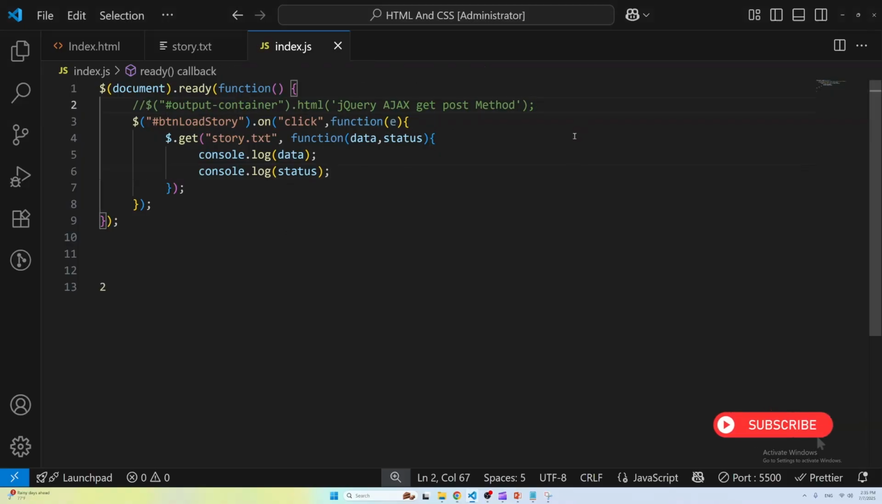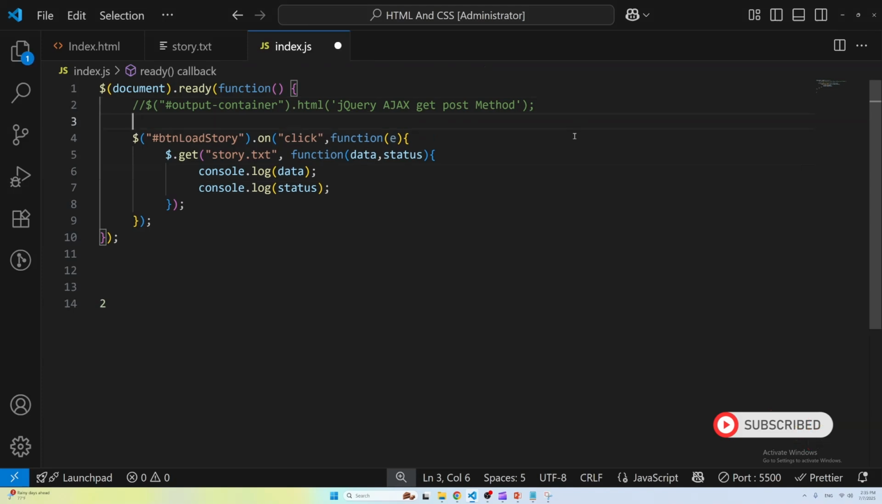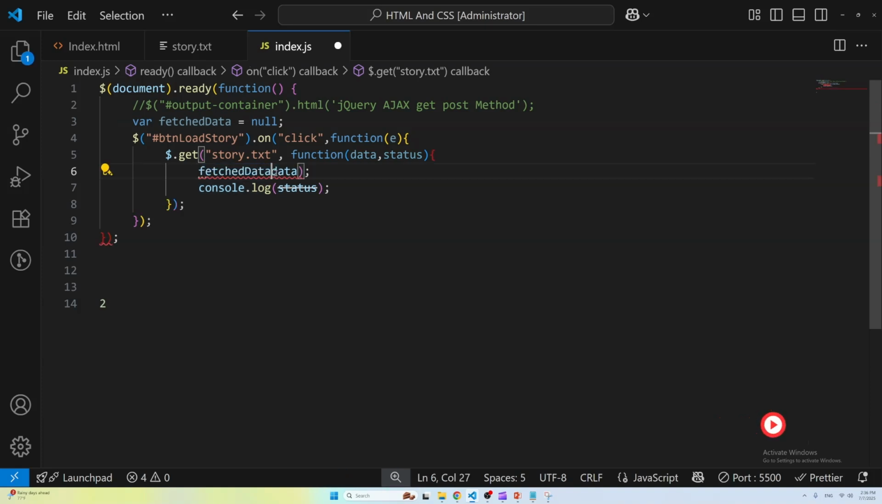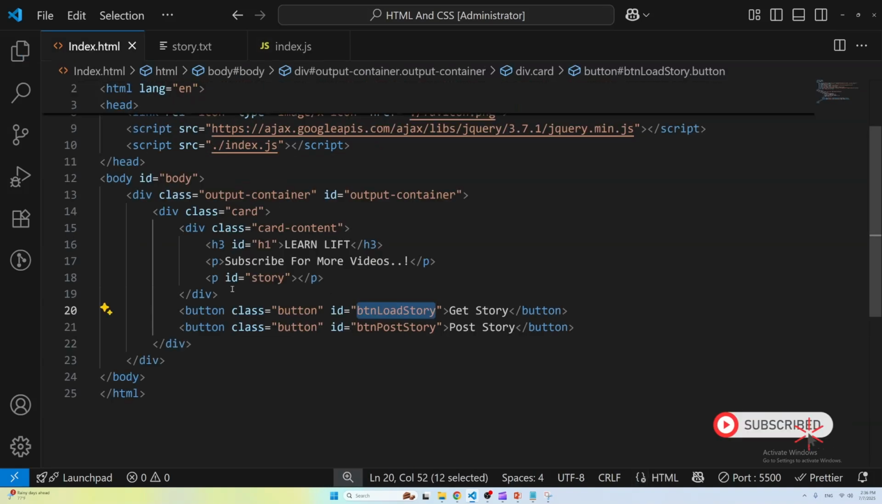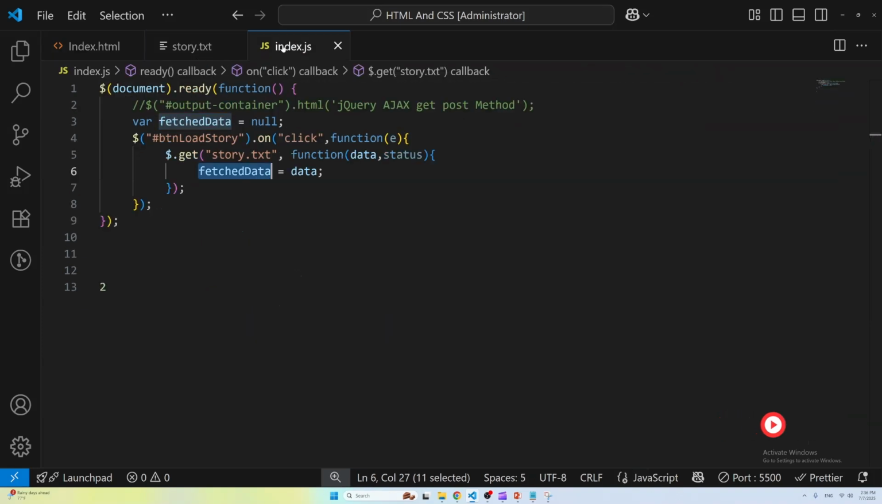So now in order to post some data, we need to post the same data. So I'm creating a variable over here, just renaming it fetch data and instantiating it using null value, and then I'm just assigning this data to it, right? And then once the data has been assigned to this variable, we need to take the instance of the story paragraph element. Okay,